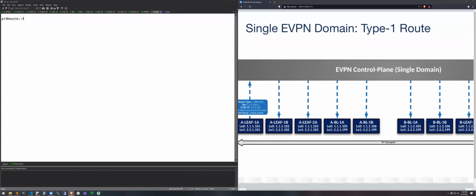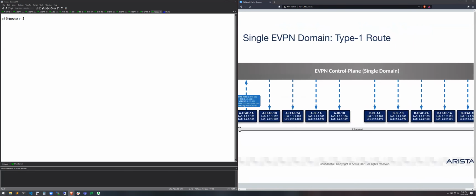All right, so there's the per Ethernet segment and the per EVI variants of the type 1 route. Now, it's additional control plane state, sure, but it also can introduce unnecessary churn if, for example, A-leaf-1A loses its connectivity to the ESI, the segment of C. It's going to withdraw this per Ethernet segment route, which is also referred to as a mass withdrawal route, to